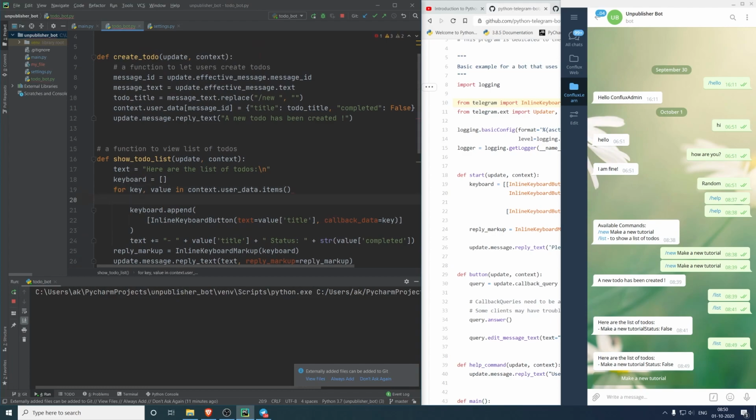So let's create a new variable called status emoji, and this status emoji will be a tick mark